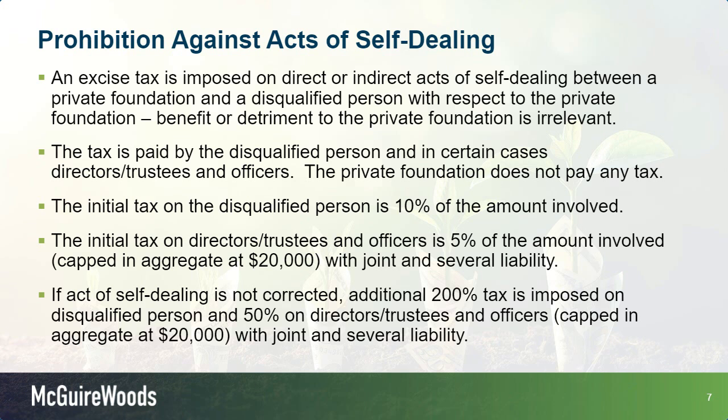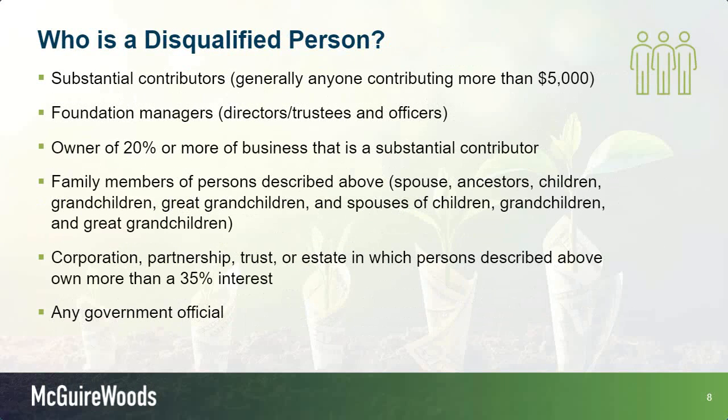So in these scenarios, if you identify them, it's important to correct them before you make these tax filings and payments. But we do see it come up when the IRS audits private foundations. So there can be times if you don't identify them, and in those scenarios, you can be facing additional penalties and other things. Generally all of these potential tax liabilities are self-reported on the 990-PF. And again, it's not the end of the world if you have to report one, as long as we fix it. So the key to understanding an act of self-dealing is to figure out who is a disqualified person,